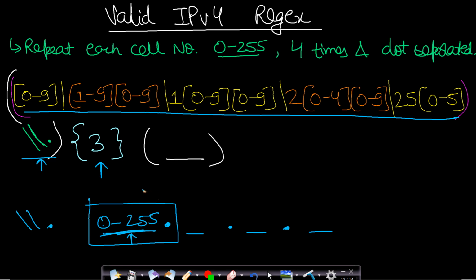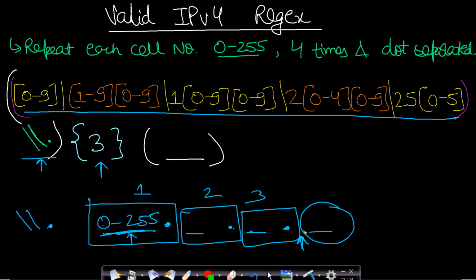So if you repeat this 3 times, then this is your first time, this will be your second time, and this will be your third time. Okay, so your pointer will now be here. You will have filled your 3 cells and you will have included your 3 dots. Now the only thing left is this one cell. So how do you include it? Actually, you cannot include it using the same expression because you have made a general rule that this expression will have a dot as a suffix. So after repeating it 3 times, you will again have to include this entire expression. So in this small bracket, you will have to write this expression again.